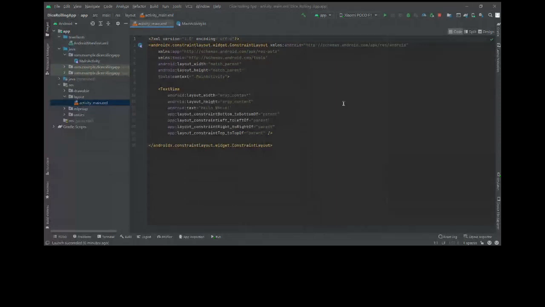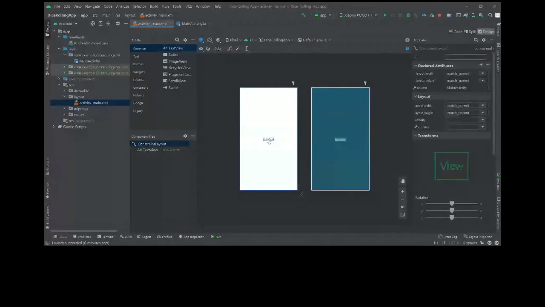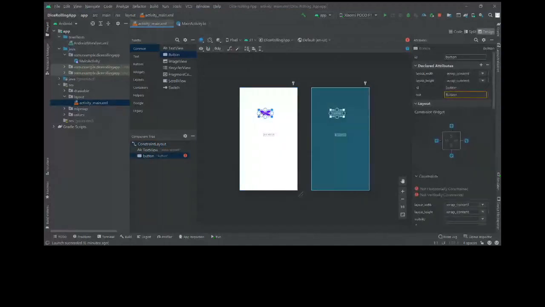So basically whatever you code here will be displayed here, or whatever you add here will be automatically added to your code. So I will show you how. But before that, let's see how layouts work in Android. So basically in Android, everything that you see is a view. Like this text is a view, and if you add something else, like a button, you just have to drag it here, just added a button. So button is a view, text is a view. And there is something else called layouts for the view.